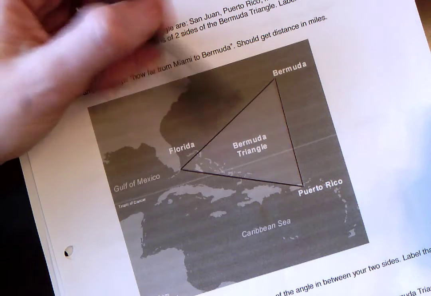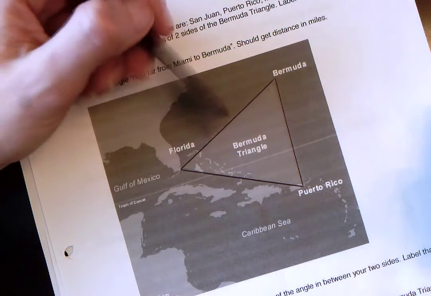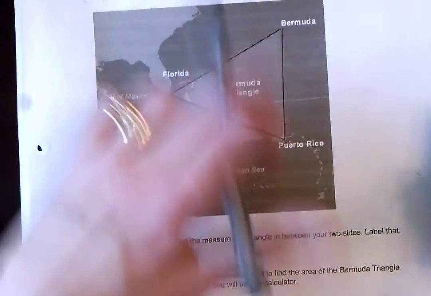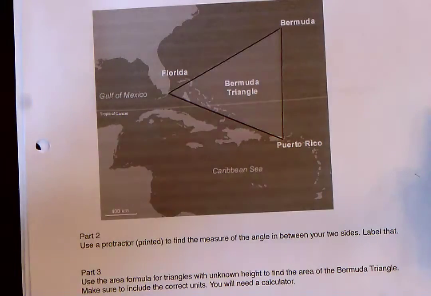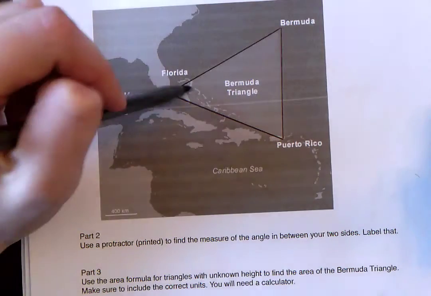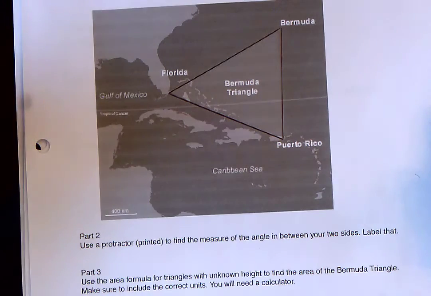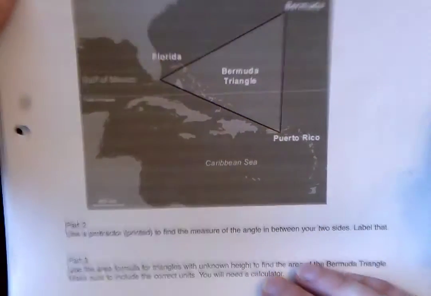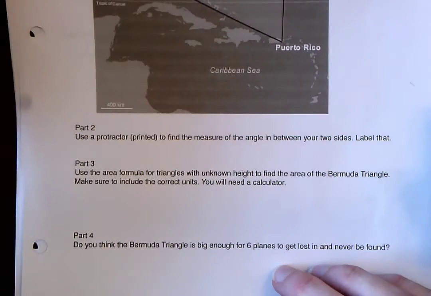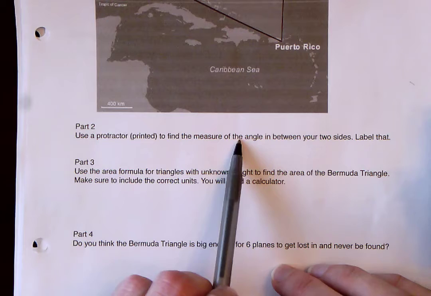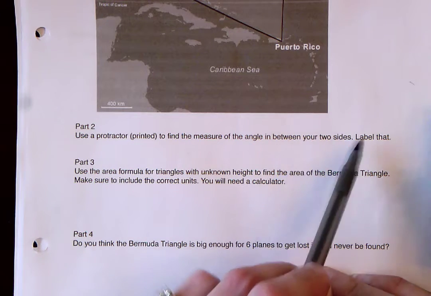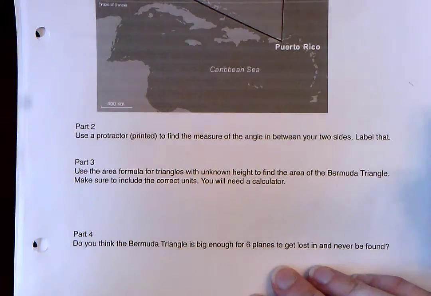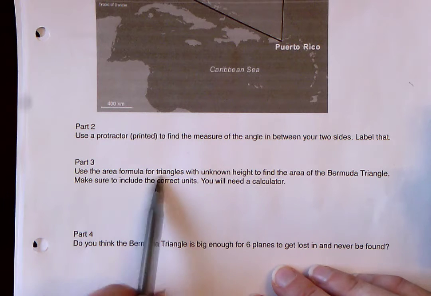You would just have to find these two side lengths by Google, but you can do any of the other ones. Again, you're just looking for two sides and the angle between them. And then you will use the formula you learned in the first worksheet. Part 2 was to use a protractor to find the angle between your two sides. Make sure you label that, and make sure you label the side lengths as well. And then use the area formula